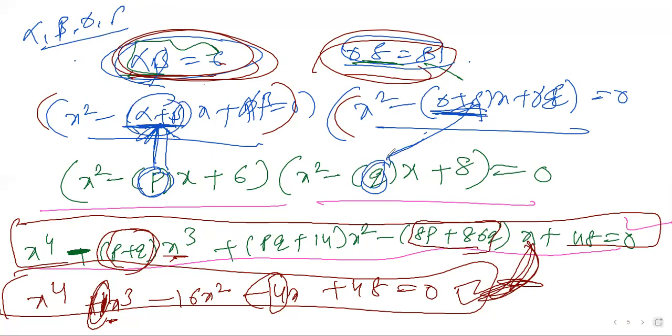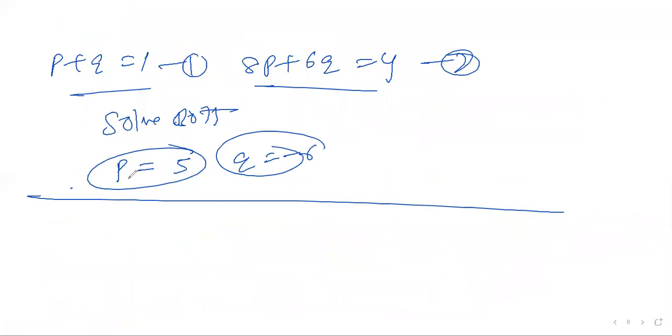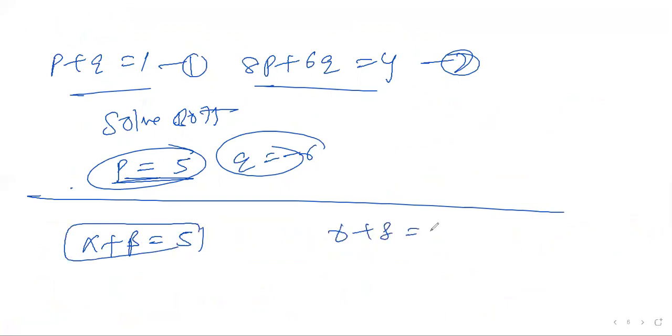Let us take the analysis of the question and move forward. p is clear, right? p is equal to what? Alpha plus beta is equal to 5. Next, gamma plus delta is equal to minus 6. I'll write on the next page to do my own analysis. Alpha plus beta is equal to how much? The p value, 5. Alpha into beta is 6. What about alpha minus beta? Tell me by your own talent.